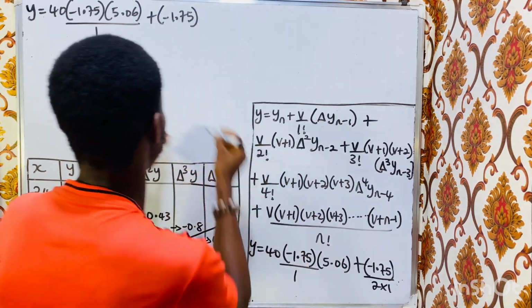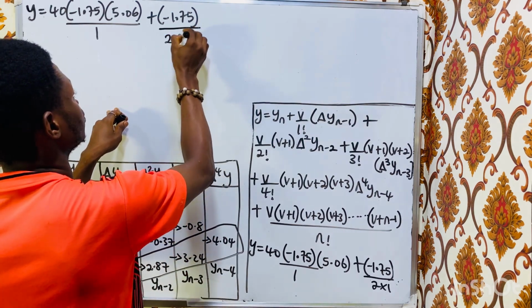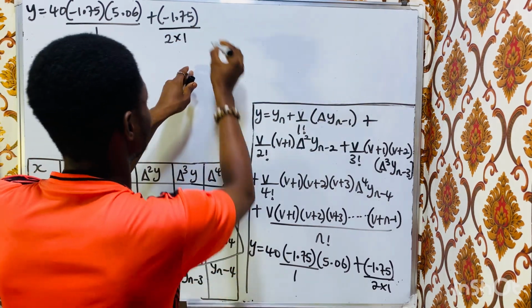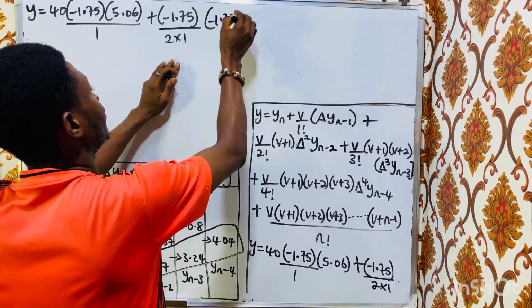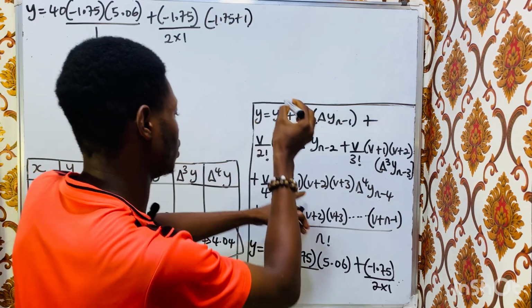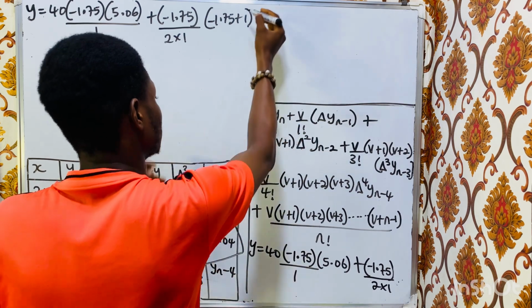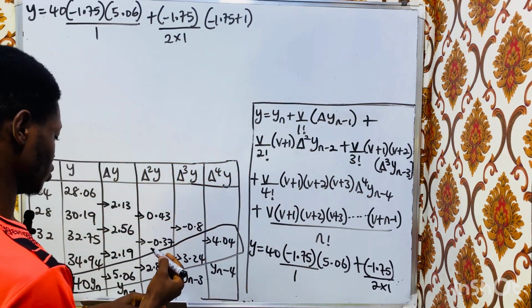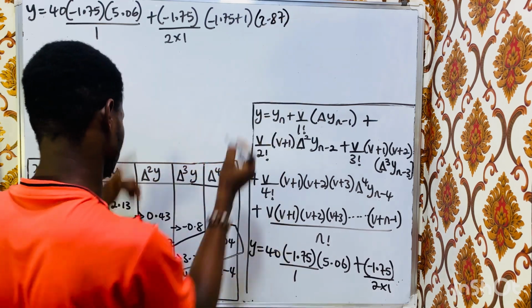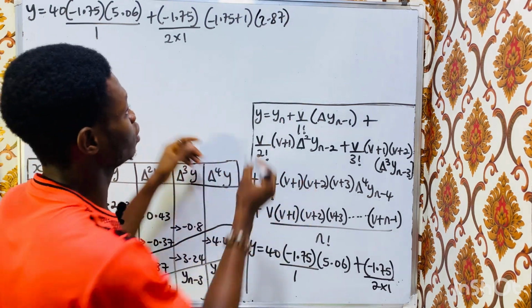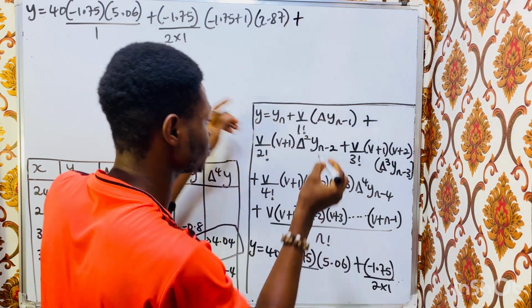That's v over 2 factorial, which is 2 times 1, then times v plus 1, which is negative 1.75 plus 1, then delta squared y n minus 2, which is 2.87, that's it here, this one,